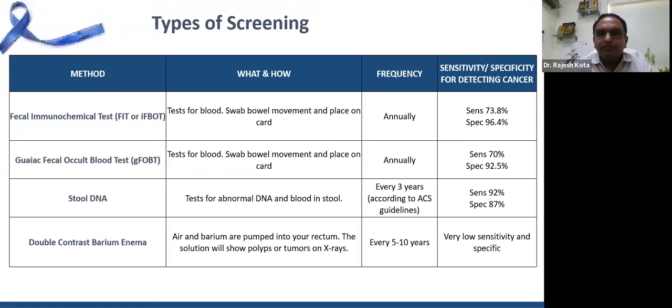So these are the different methods of screening, but most commonly what we test is the fecal occult blood test. That is, we take a stool sample and test for any blood in the stool. So what does blood in the stool tell us? That there is some blood loss across the gastrointestinal system, be it the upper gastrointestinal system consisting of the food pipe, the stomach or the small intestine, or the lower GI system, that is the large intestine and rectum.